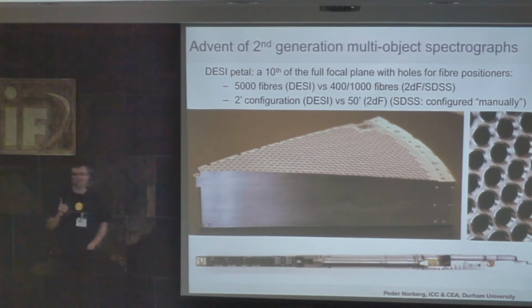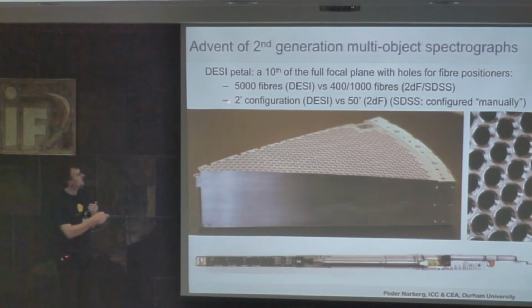But, and I think this is the technological thing here, it's of the order of a 2-minute configuration for the 5,000 fibers, as opposed to 50 minutes for 2dF. And that is technology as well. Because it's not just to have 5,000, but you need to make it configure quickly, and that will influence what type of science you can do. Because if you were to observe something, let's say, and it takes you 10 minutes to get the information you wanted, but it takes you 20 minutes to configure the field, it's not very efficient. So it's this combination of factors that drives it.